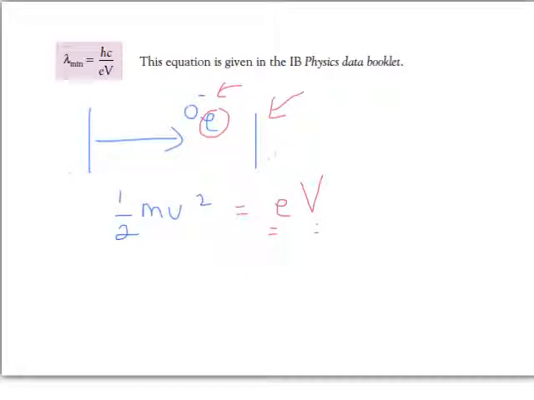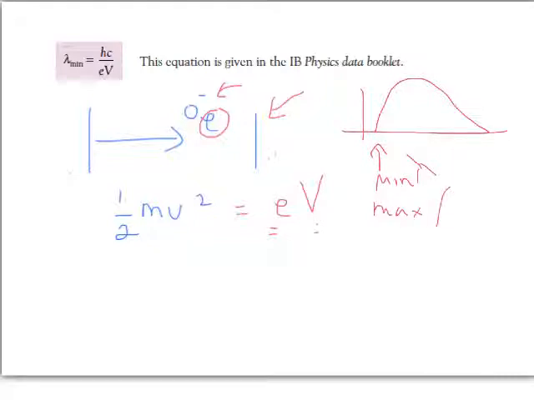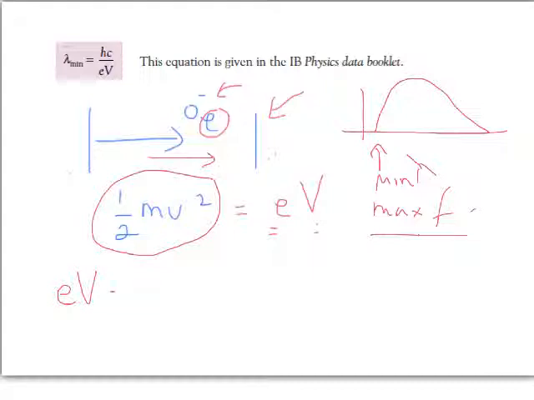Okay, so if now we go back to our spectrum graph, you remember there was that minimum wavelength. That minimum wavelength corresponds to the maximum frequency possible. And that maximum frequency would occur if this crazy electron that's zooming by gives all of its kinetic energy away as a photon. Okay, so in that situation, we would have eV, which would be the entire amount of kinetic energy available, equal to hf, the size of the photon emitted. But